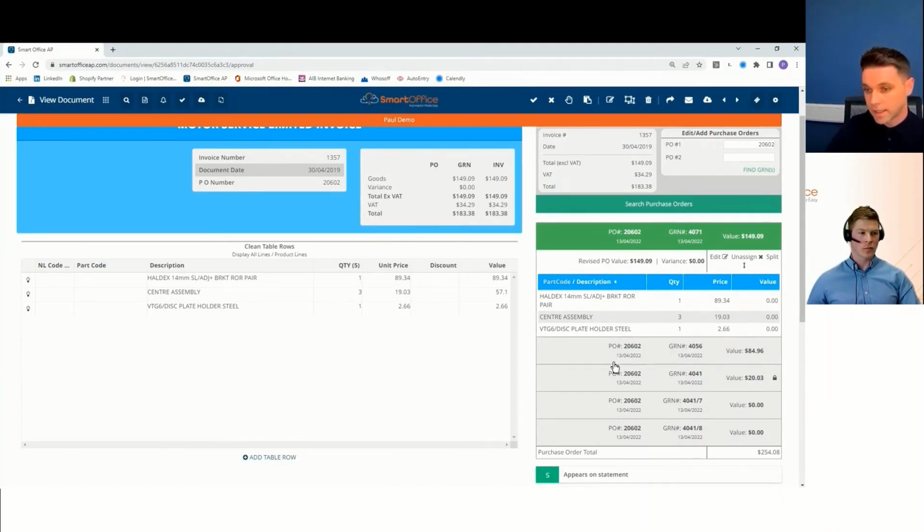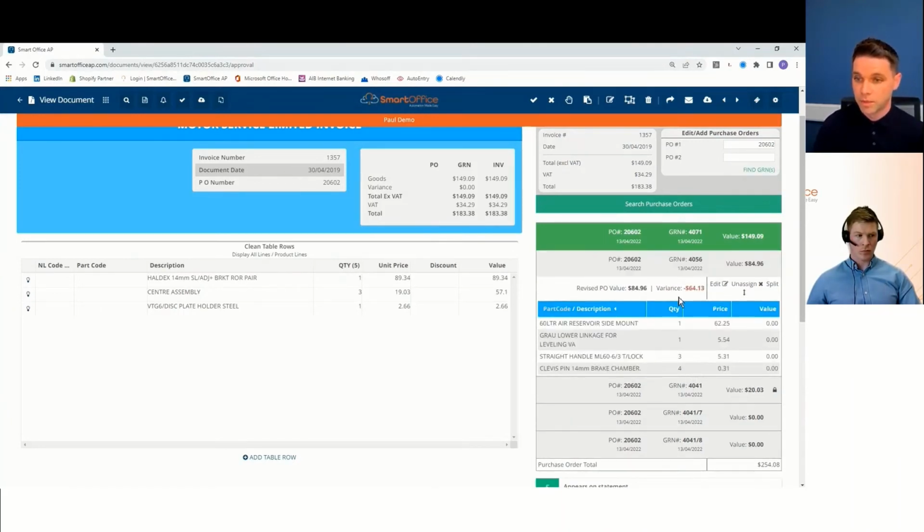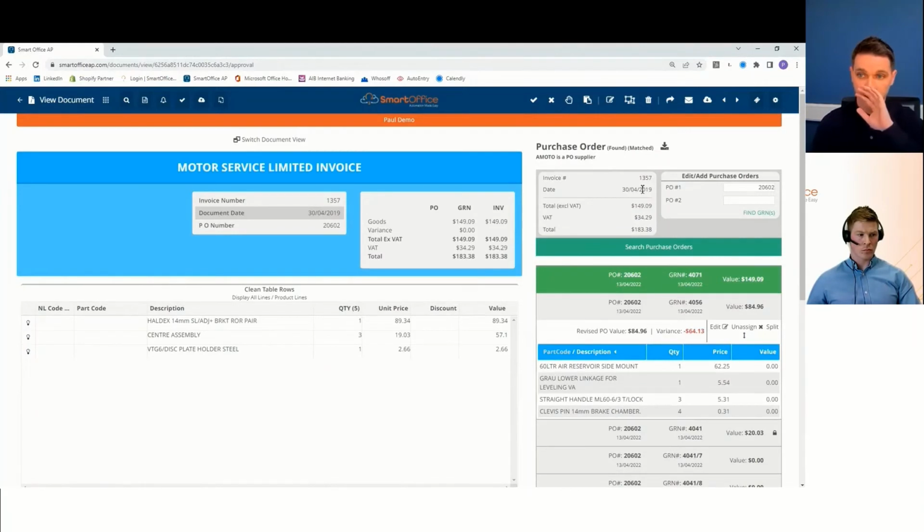And for context, and again, decision making, we've got multiple deliveries against that one PO. And the PO stays open until the invoice data or the delivery data is complete against it. You'll see here, I have multiple GRNs that I can view. I can see any other variances, issues, quantity, all in a line-by-line data. You'll see up here, I can search for an additional PO if the customer had referenced two PO numbers here, or if indeed they got it wrong and this invoice was split over two POs, I can type in here.